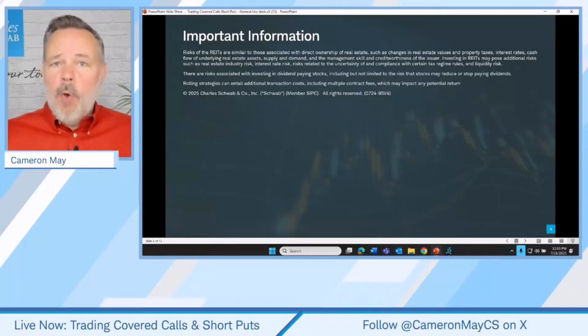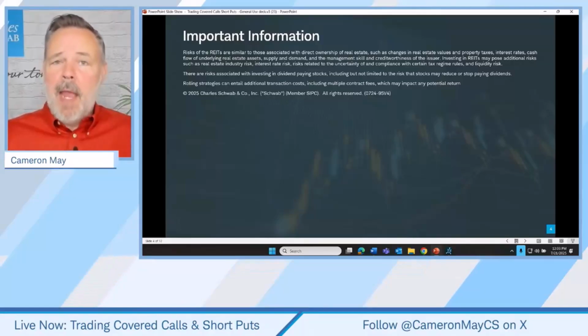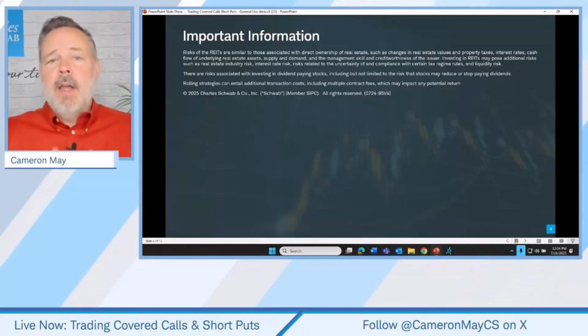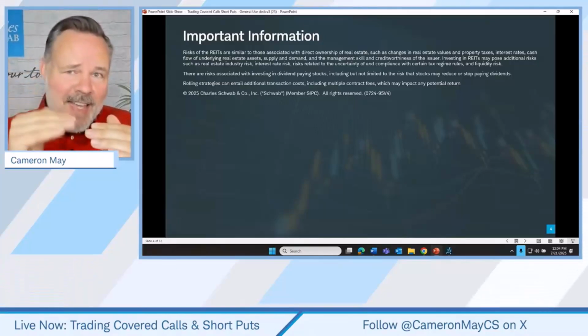The one thing that I won't be able to demonstrate today is that this tool is only truly fully live on the live platform, and we do our trading here in the paper money environment. So I can still illustrate the tool. We can go all the way to the bottom, it's just not going to let me send that thing off.